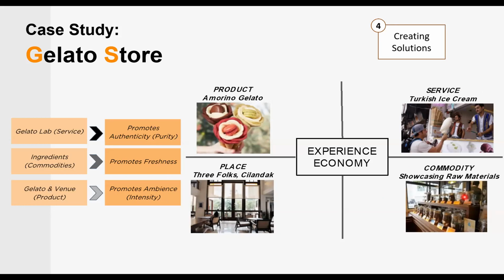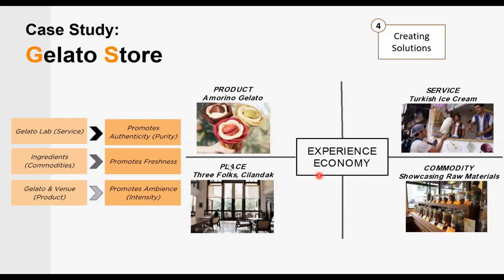And here, if we go to commodity, one of the ways that they can also appeal to the customers is when they lay out the raw materials. For example, if here we see, let's say, coffee. In coffee, we can see the beans. We can smell it. Smells amazing. If, let's say, in a gelato store, they can also do that by laying out the cocoa beans. Or if they also use coffee, they can lay out the coffee beans, and it will smell good. It will also be a really nice showcase.